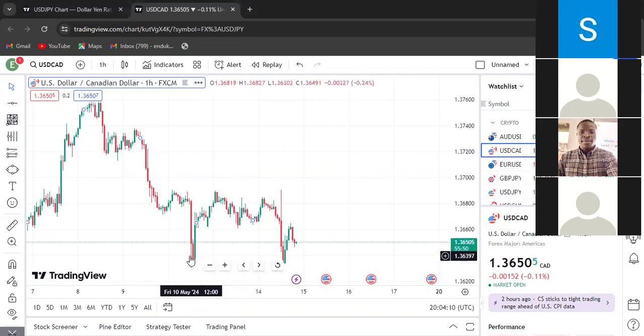So this was a double bottom that was formed here. Immediately I entered the trade, I put my stop loss below, like below the structure. Are you getting it? Let me use this to mark it. I'll put my stop loss